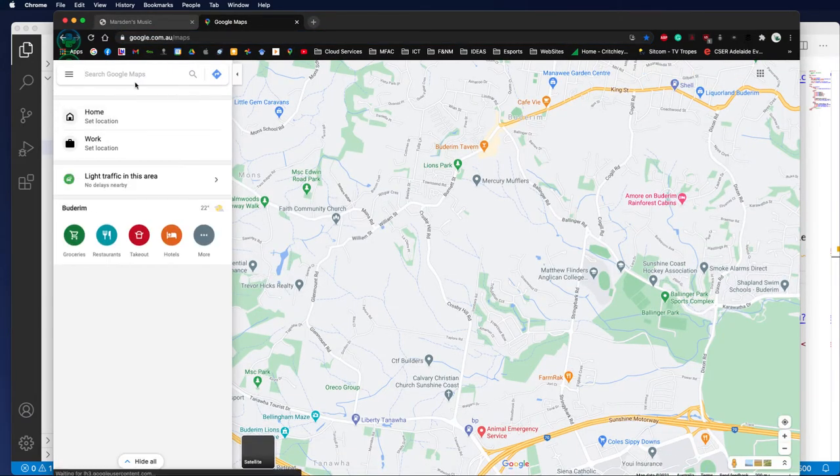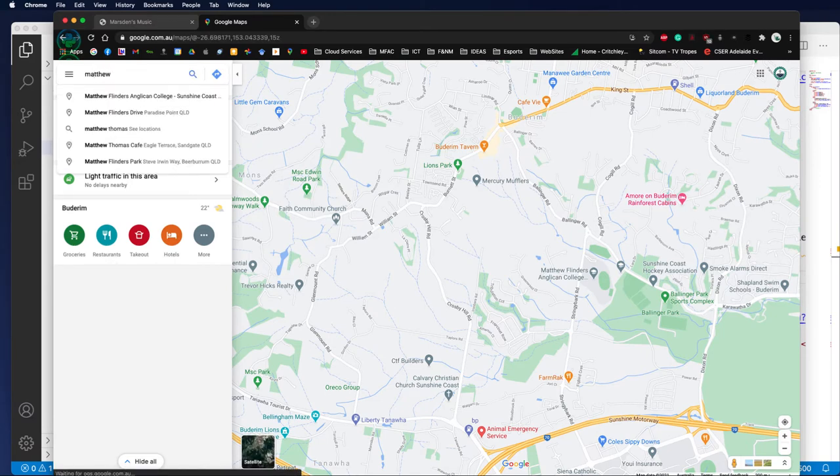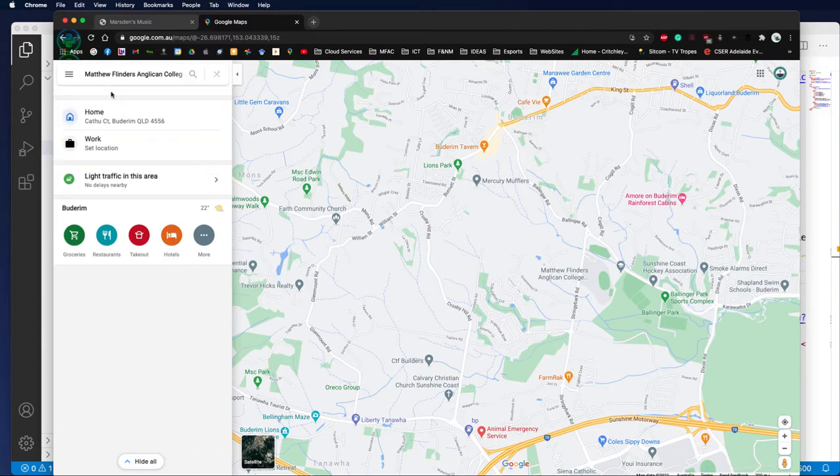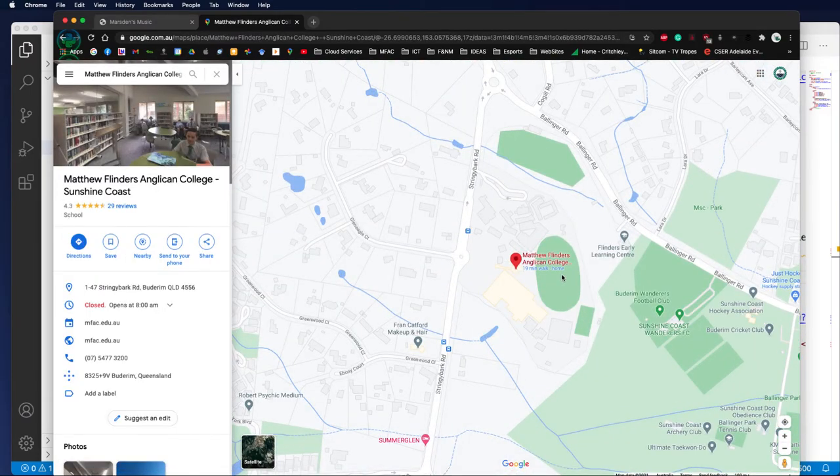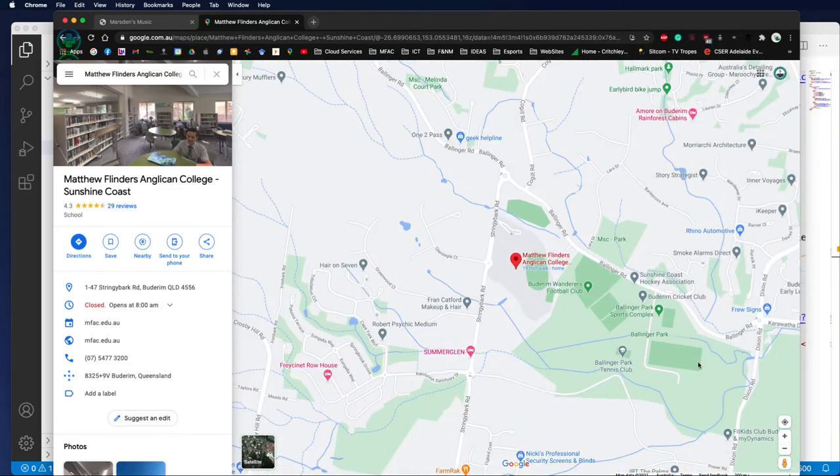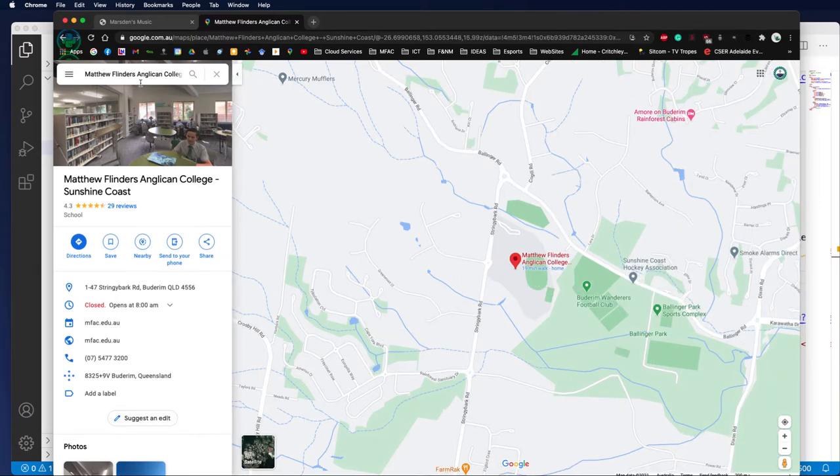We need to pick an area to show where it is. I'm just going to pick a random place like Matthew Flinders on the Sunshine Coast, and you can see that the pin's put into place. Now if the map's too close, you can always zoom out a little bit. It's up to you how you'd like to do that. But once you've got this screen up of the area that you would like to reference, you can then go